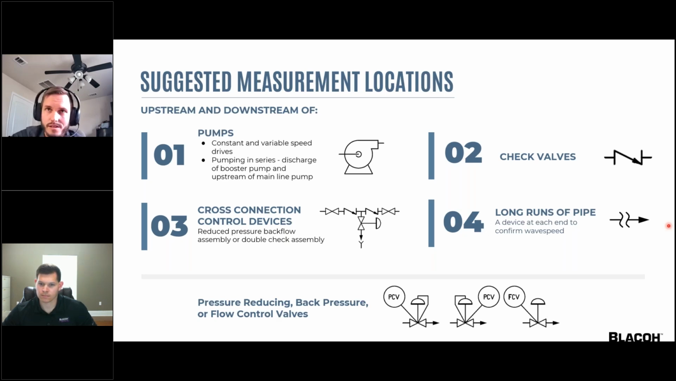Pump and valve characteristics, such as closing time, are sometimes unknown during the design phase, and even sometimes still unknown after valve selection. Transient monitoring can measure these important pieces of the hydraulic puzzle. You can measure the pressure drop across cross-connection control devices. You can place them upstream and downstream of long runs of pipe to confirm wave speed and to detect line